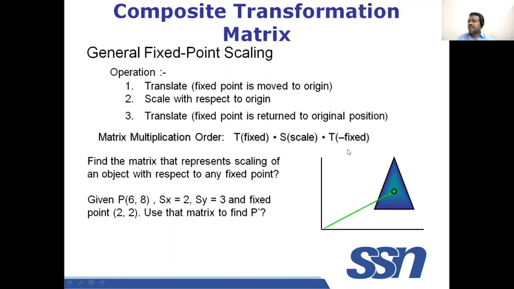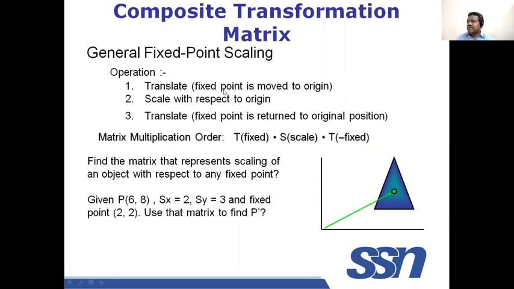How has it been done? X, Y values are subtracted. Say from here to here 4 units, here 3 units. This coordinate, -4, -3, you can make this object move to this particular point. So moving this point to origin is given by this expression. The matrix multiplication expression is written in reverse order. That I wanted to tell you here.